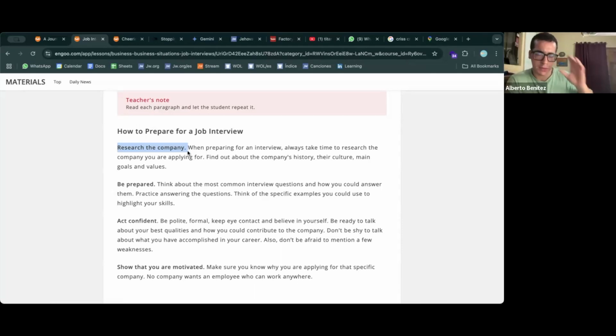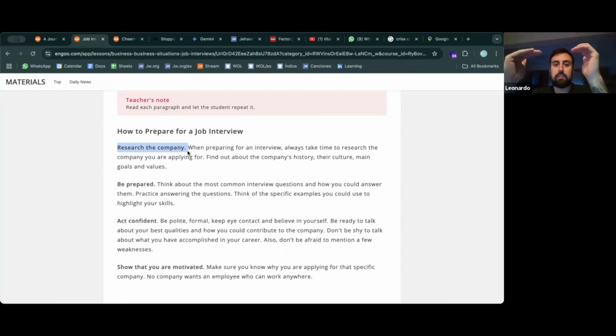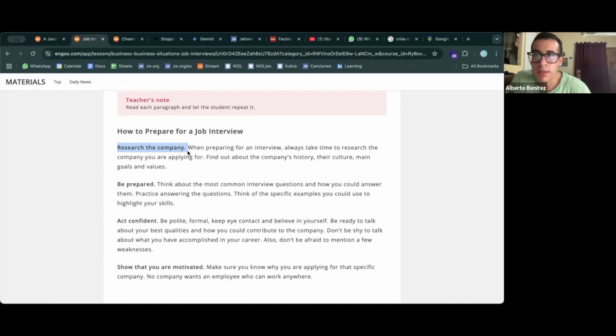Okay, let me see if I understood. So basically, you're saying that you need to be confident, but not too much, and use your qualifications to go straight to what they want. Right, right. Good. So you want to be balanced, right? Yes, so that you can find what exactly they're looking for.